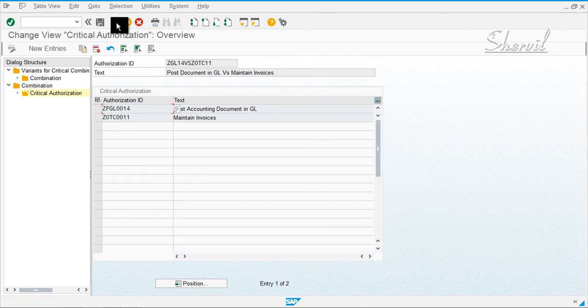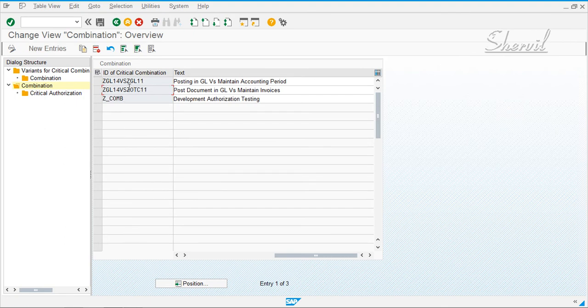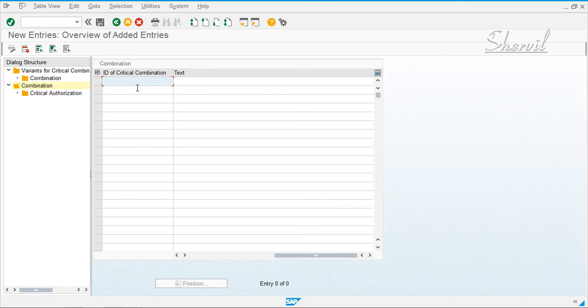Now let us create our third one for role administrators. So go back again. You now have two critical combinations. Now I create the third one for, let's say, security.